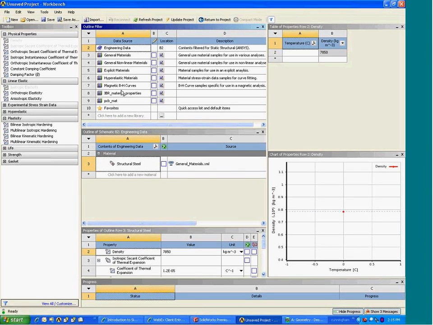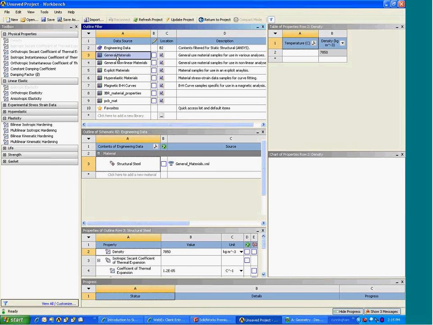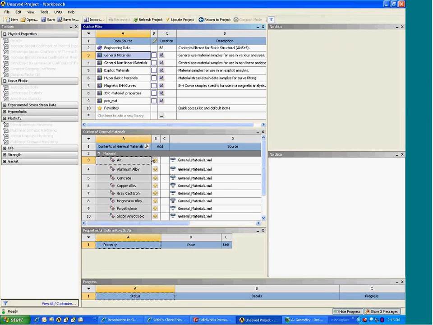I have a whole host of different materials that I can choose from, different libraries. I can create my own material, add in specific properties. In this case, we're going to keep it fairly simple. We're going to go to the General Materials Library. And when I click on the General Materials Library, the contents of that library are then displayed in the window